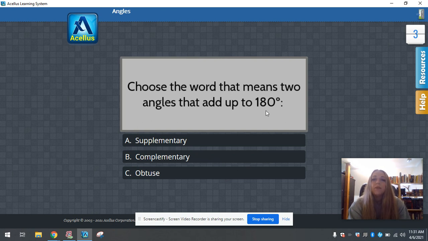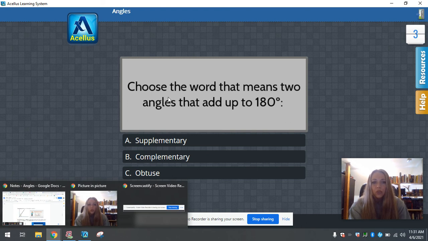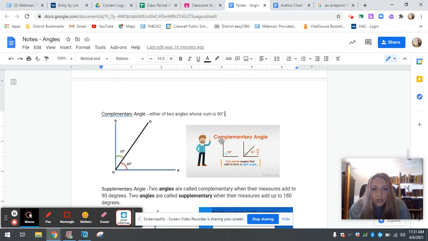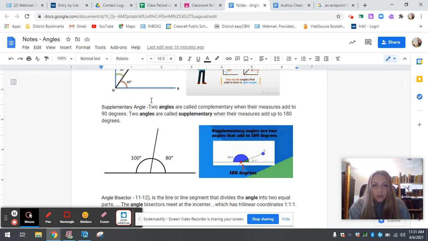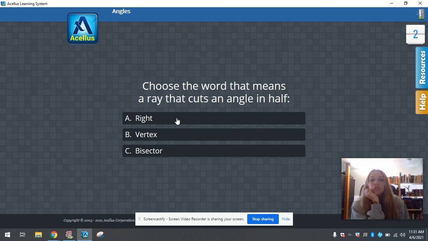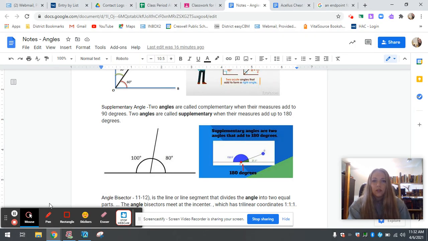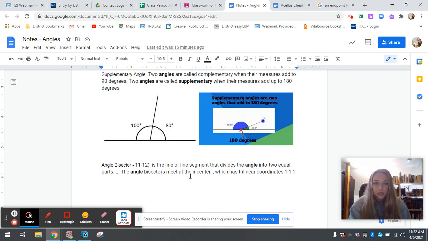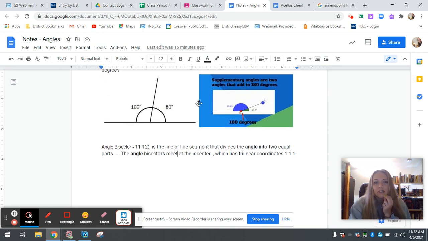Choose the word that means two angles that add up to 180. Two angles that add up to 180 is supplementary. Choose the word that means a ray that cuts an angle in half. So a ray that cuts an angle in half, I believe, is a bisector. The angle bisectors meet the center. That definition doesn't provide it. But a bisector,